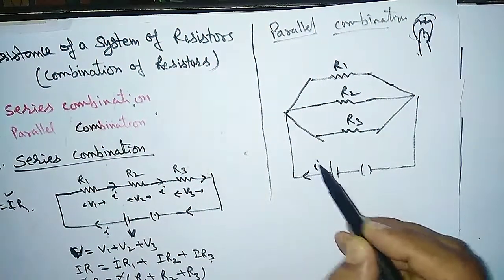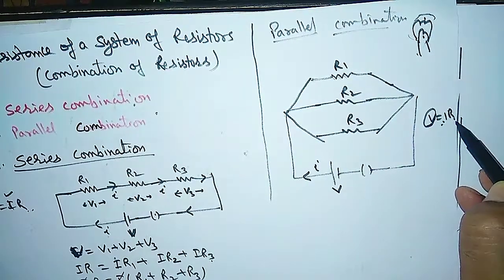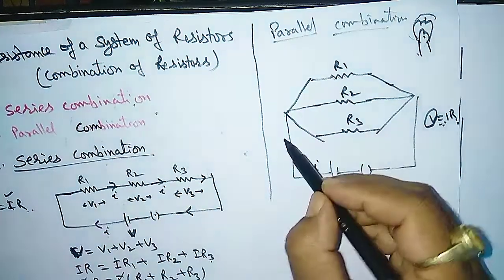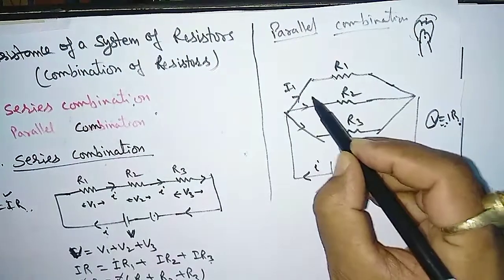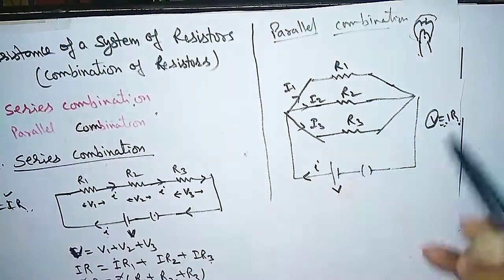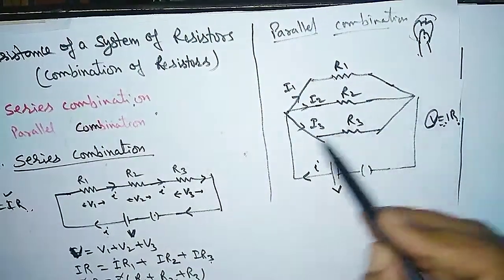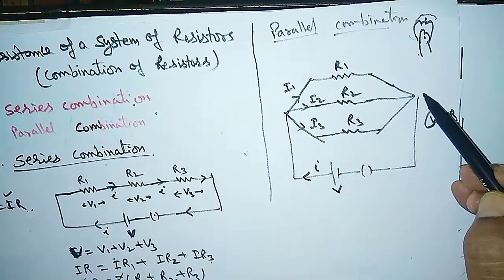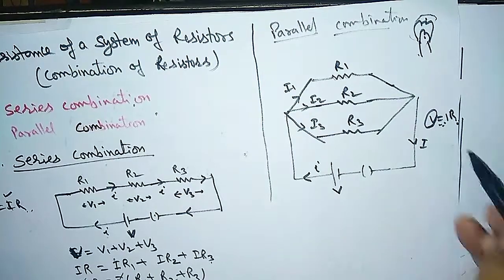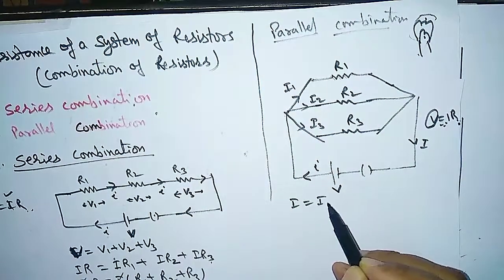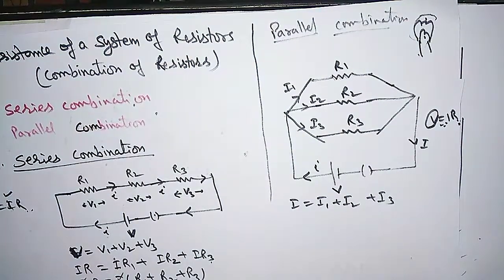So what will change here from Ohm's law? From Ohm's law, if V is constant, then I and R will be mutually dependent. It means I will change according to R. Say it is I1, say it is I2, say it is I3. So I will change. I1 will flow, I2 flows this side and I3 flows through this resistor 3. And the total will become I again. So you can say I is equal to I1 plus I2 plus I3. Okay, is it clear? I think.